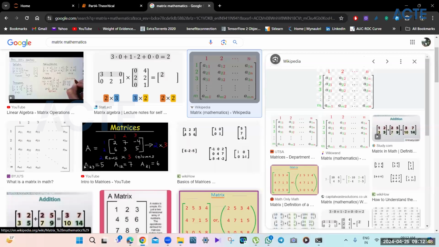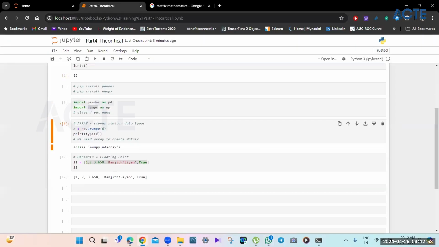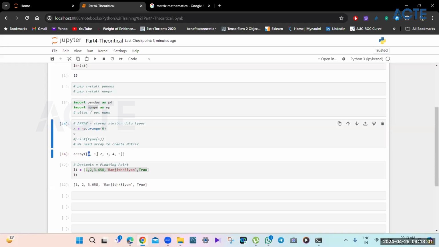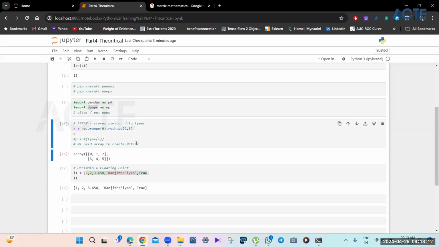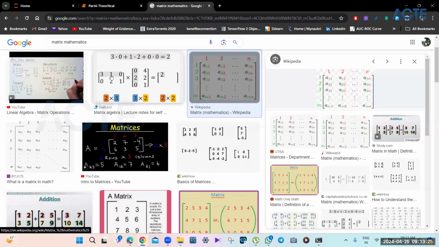The array that we have created here, this X, is one dimensional because it has only one row. But if I do this, 2, 3, this will be a two-dimensional array, just like it is showing in Google.